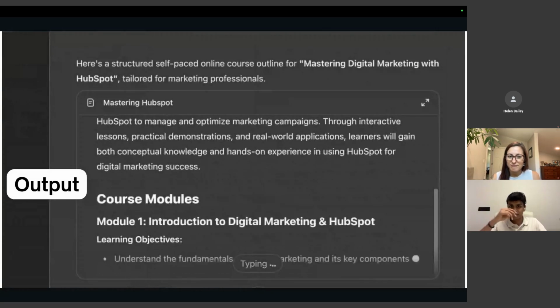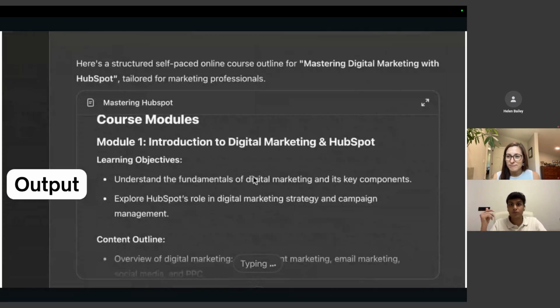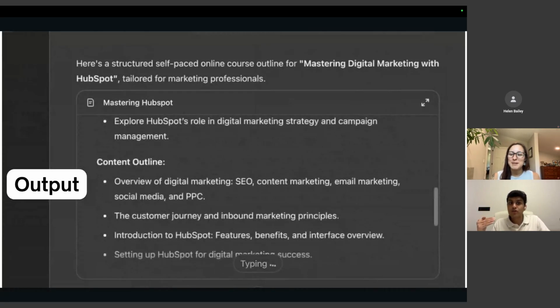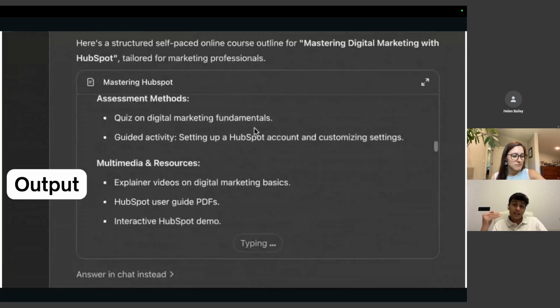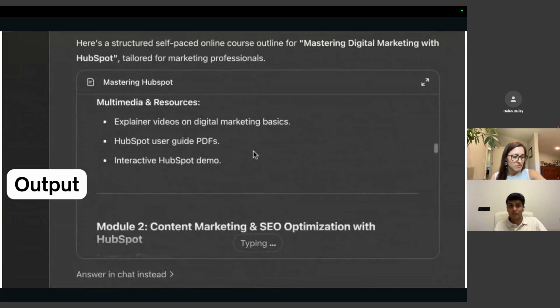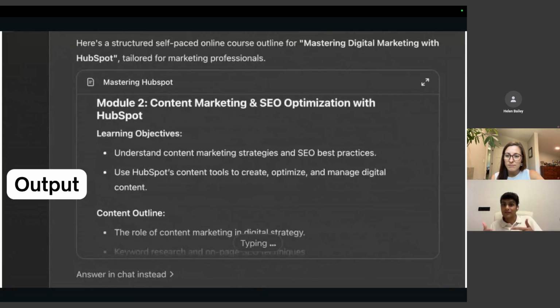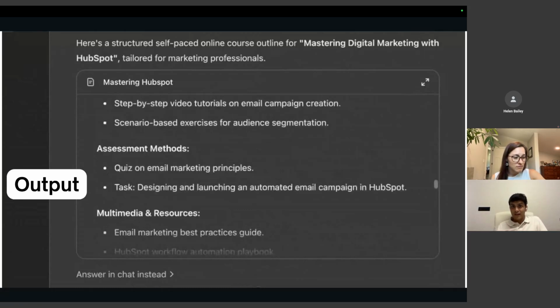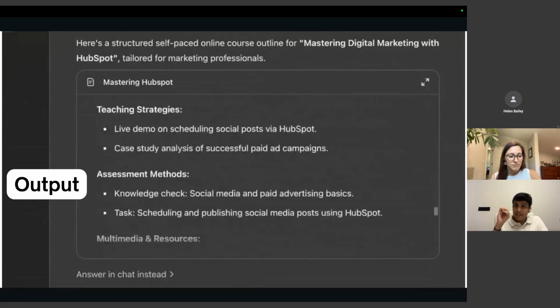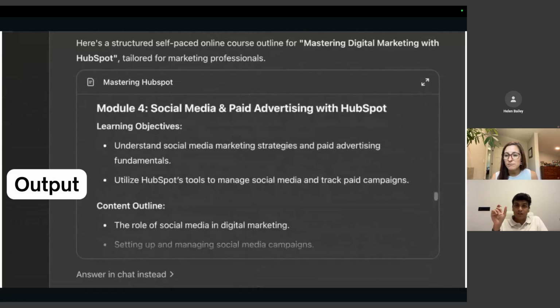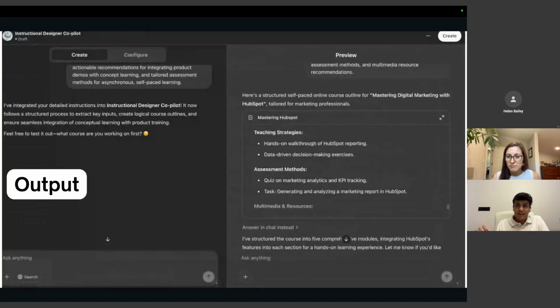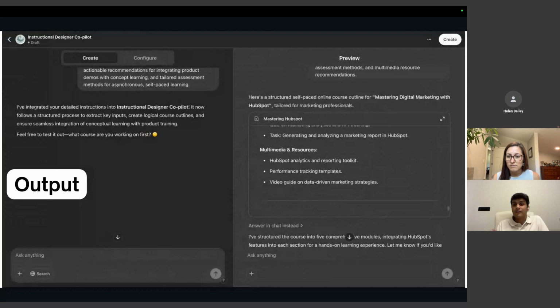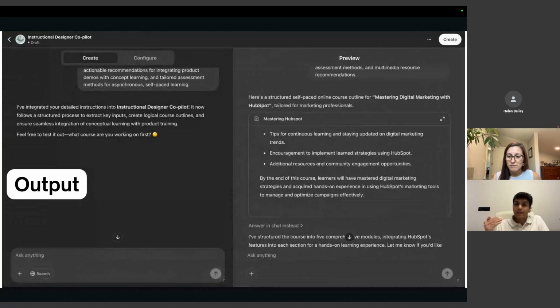a course with a nice course title, course overview, the different modules that you should have in your course, the content outline for each of the modules, what the assessment methods should be for each of the modules as well, and what resources you should attach at the end of the course. So just like that, from a very static topic input along with who the audience is, the custom GPT has come up with a really nice and detailed course outline for